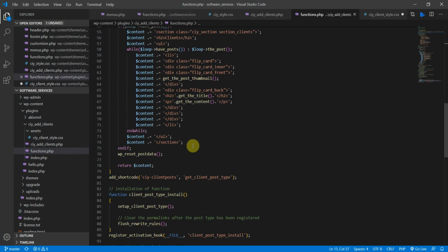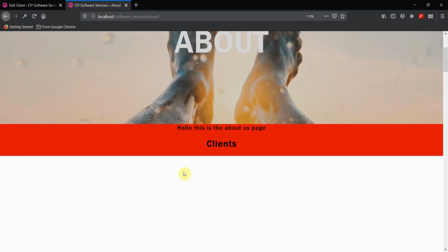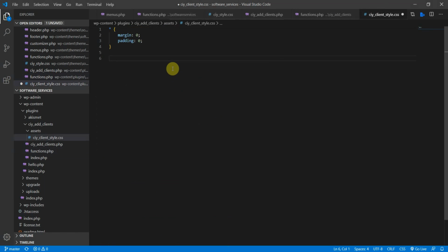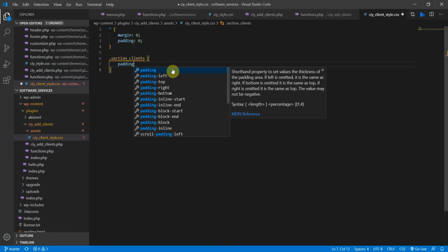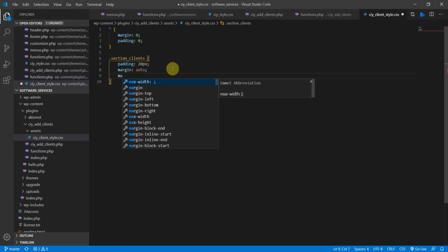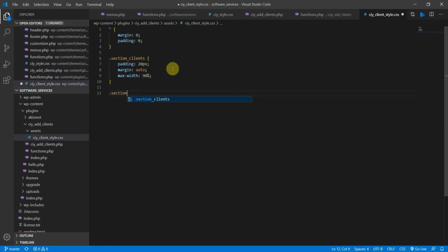And let's add styles for this section that we have. If you go down to this one here, section clients. All right, oops, let's go back to our style sheet. So section clients. I want the padding of 20 pixels, and the margin should be auto on this one, and max width 90%, and let's do the h2 tag. So section_clients